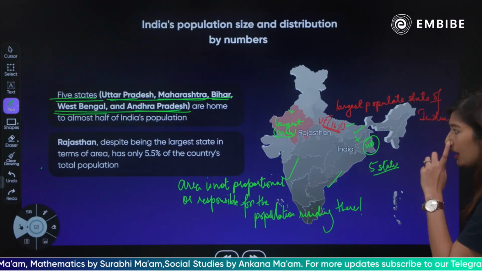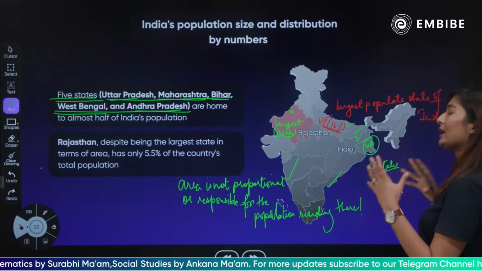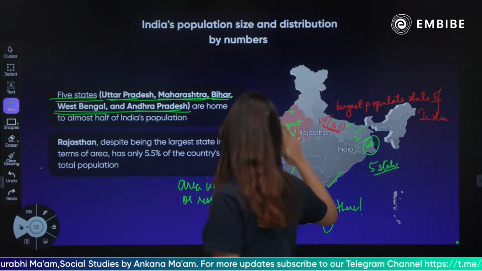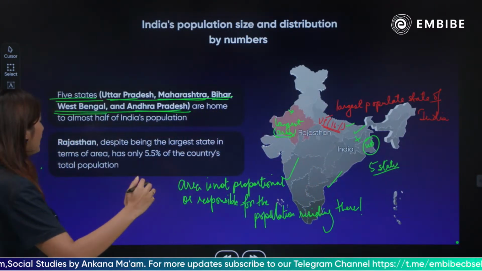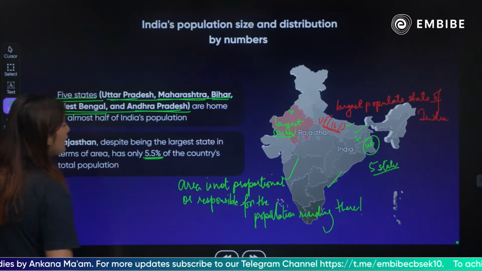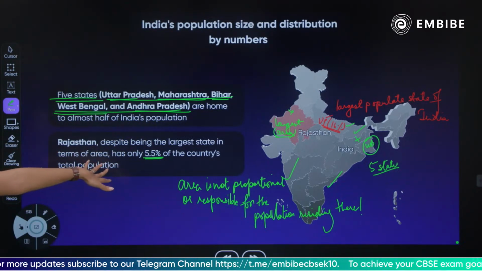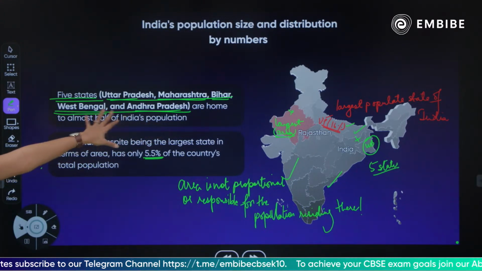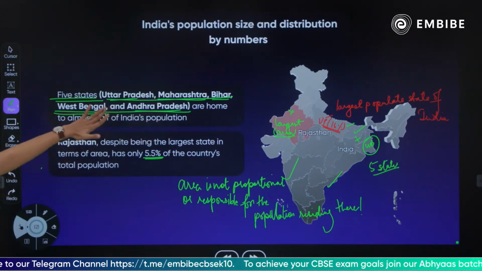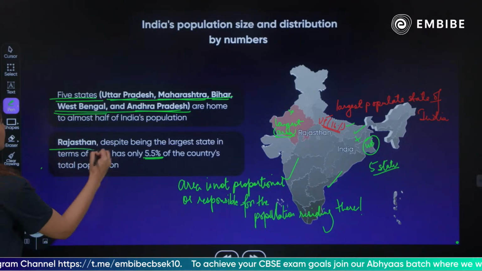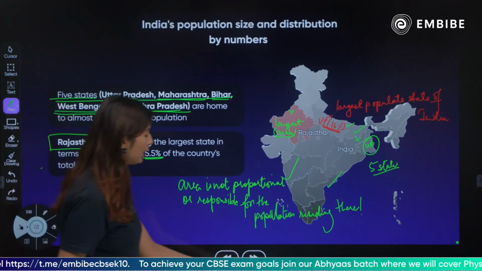Does not depend on the area. राजस्थान में इतने सारे लोग इतनी सारी जगह है, the largest in terms of area, but has only 5.5% of the total country's population staying there. 16% stays in UP. And in fact, other states are way higher in population than Rajasthan, which is the largest in terms of area,